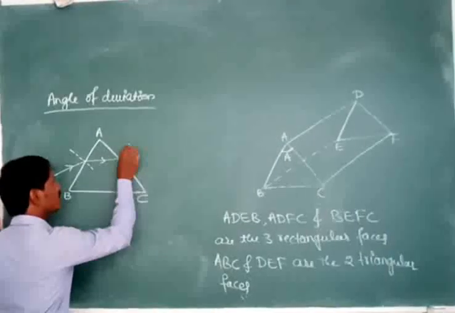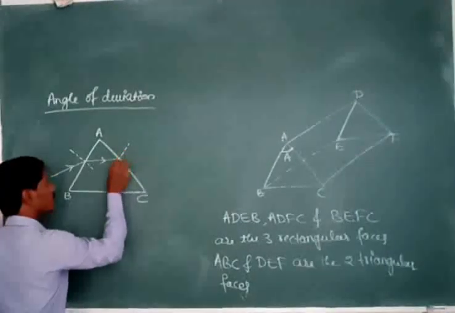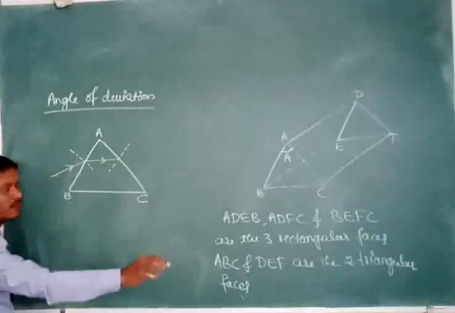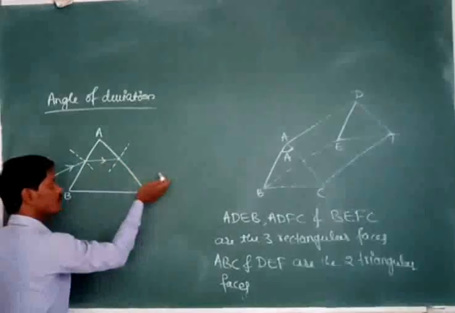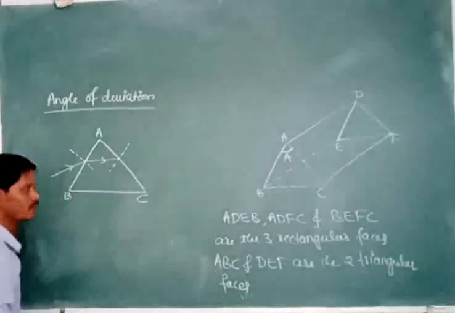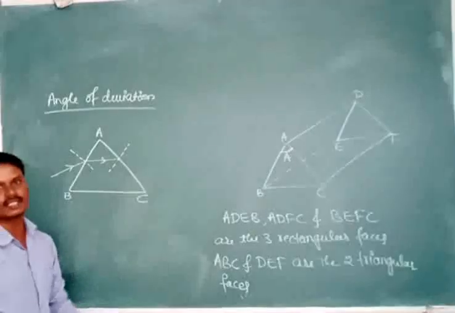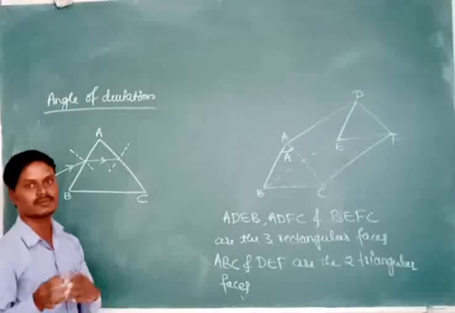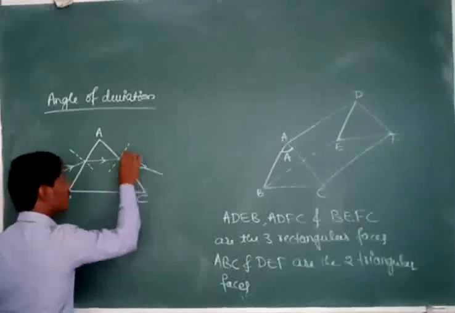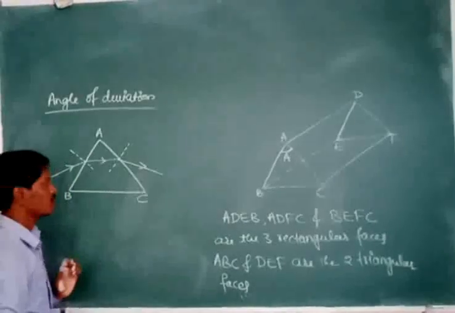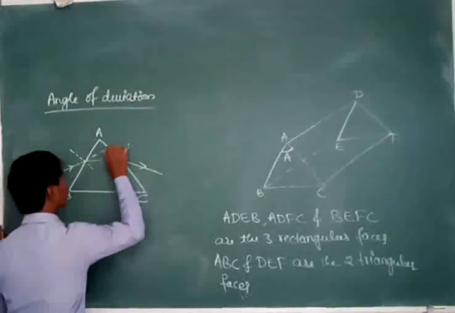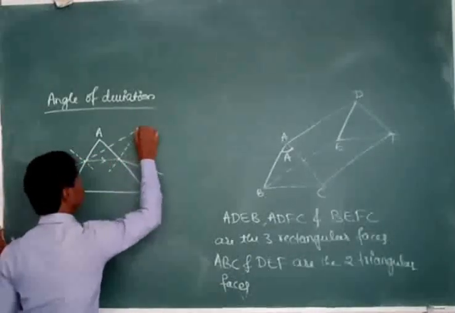Again at the point of incidence I will draw the normal. Then the light is traveling from which medium to which medium? High refractive index medium to low refractive index medium, that means denser medium to rarer medium. In the rarer medium, the refracted ray bends away from the normal because of the increase in speed of light. It bends away from the normal. Suppose there is no prism, the incident ray would pass straight without any deviation.